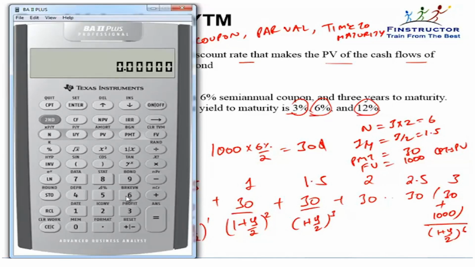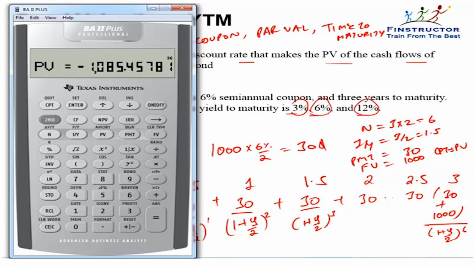So let's input the values. Press 6 and press N, press 1.5 and press I by Y. Ignore PV, press 30 and press PMT, press 1000 and press FV. Press the button compute first and then press PV. So we get PV as minus 1085.45, which implies that if we invest $1085 in this bond,